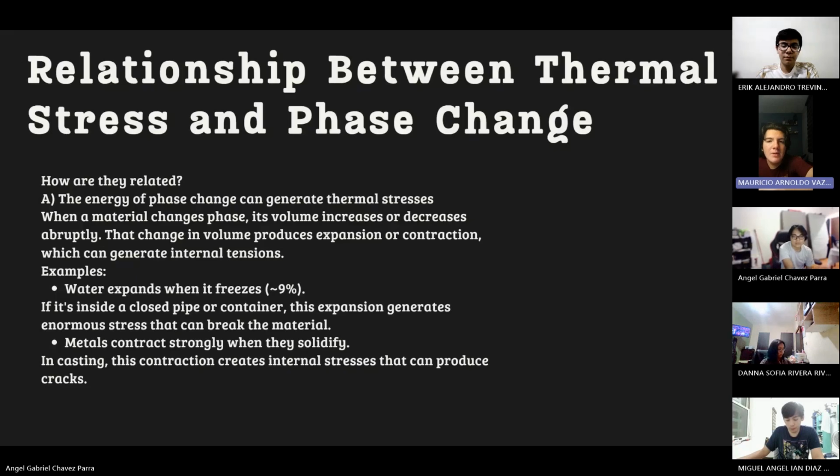Relationship between terminal states in the place changes. Who are you related? I insist